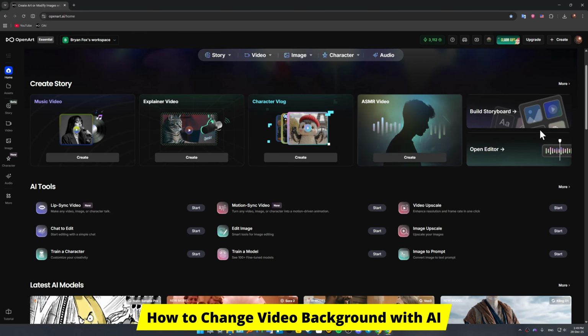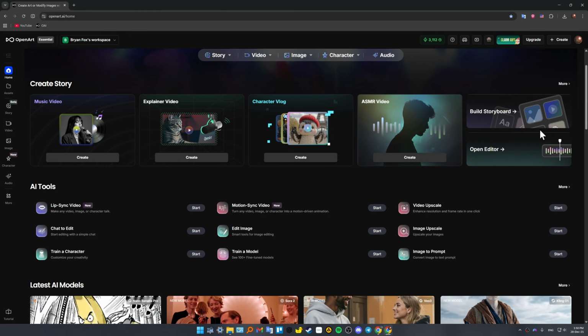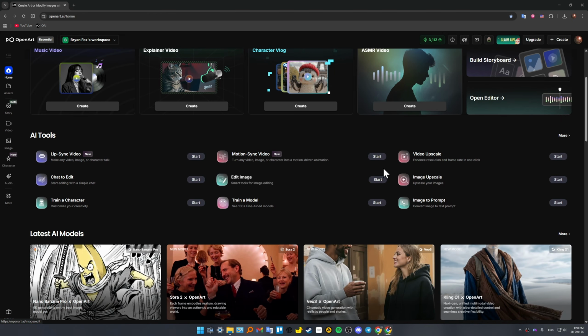If you want to replace a boring or messy video background without using green screens or advanced editing software, OpenArt AI makes this incredibly simple. And in this video, I'll show you how you can change a video background using AI with OpenArt AI step